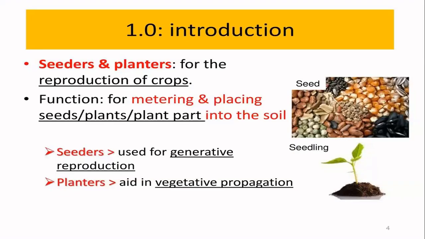Okay, this class will be tomorrow 11:30. So don't miss this class because I will start the sprayer. Today I will start seeder. Right? Okay. So here one plant is there called seedling. Why seedling and seeds? I told you my heading is seeder. You see the title? Seeders and planters and transplanters. These come under seeding equipment or seeding machine.